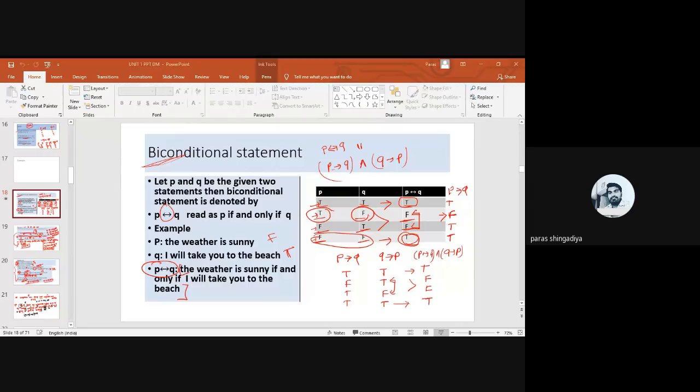Here one simple example is given: P and negation P. The first column is P, that is T, F, then negation P column F, T, and then derive the final evaluation of P and negation P. If any one is false, then in the AND operator it will become false. So both values will be false here. Now check this final column, the final answer of the compound statement. Here it is false, so it is known as a contradiction compound statement.